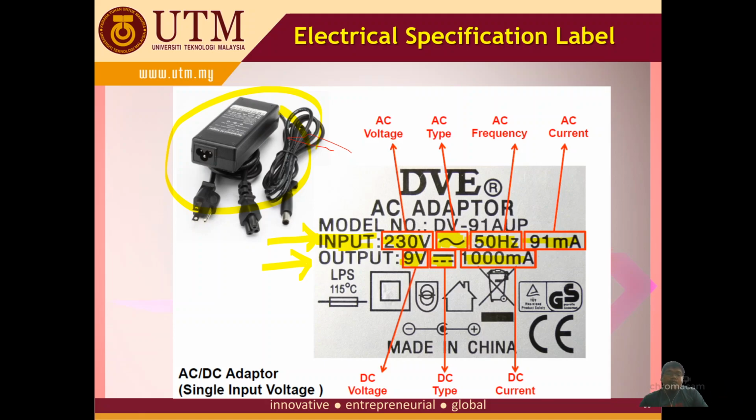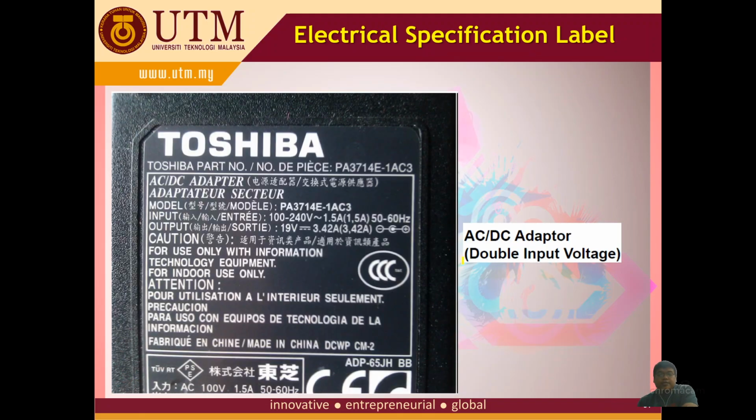And what is the output? Output is 9 volt. The 9 volt will cover, for example, your laptop or your handphone, depending on what type of handphone or laptop you have. If you lost your charger, and you want to make sure a replacement is suitable for your laptop, you can see this output. If the output is similar to the nameplate on the laptop, it should be the same, so you can use that. Okay, so next.